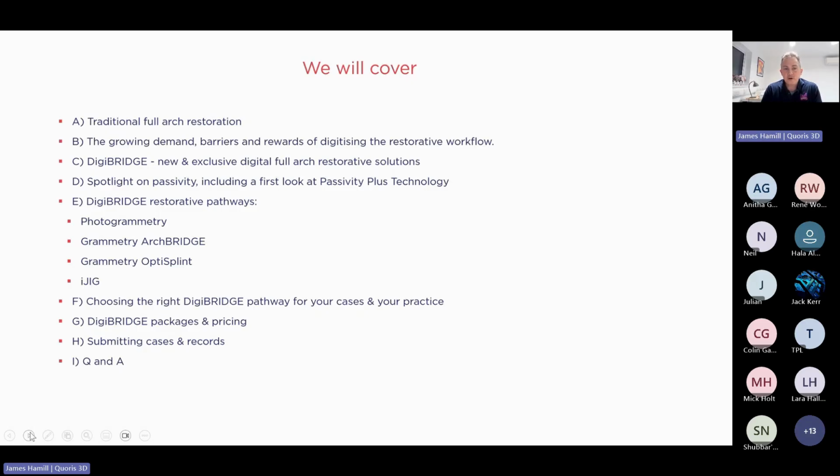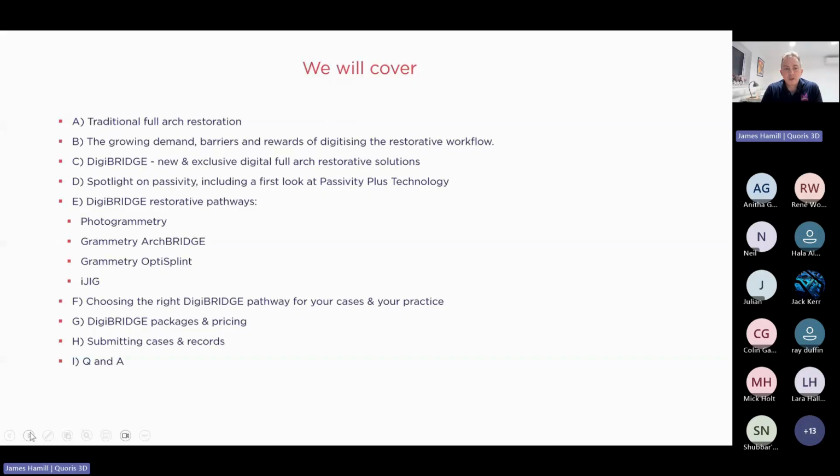This will really fall under the platform of what we call DigiBridge. DigiBridge is a new and exclusive digital full arch restorative solution based here at Course 3D that we have developed and created really over the last 18 months, largely based on listening to our customers and to what is happening